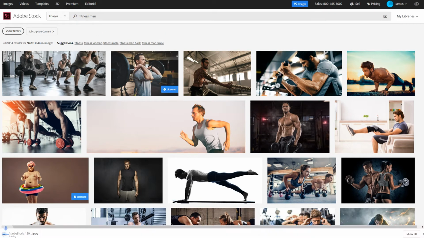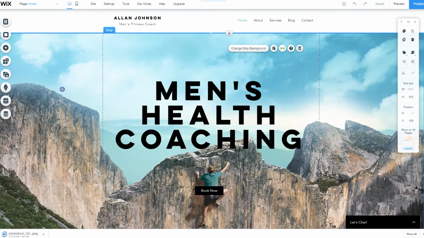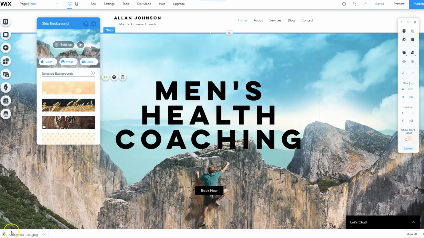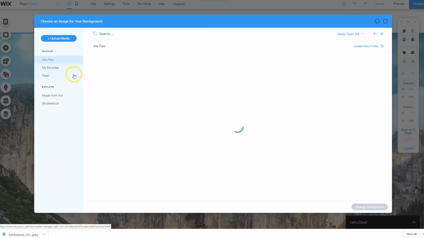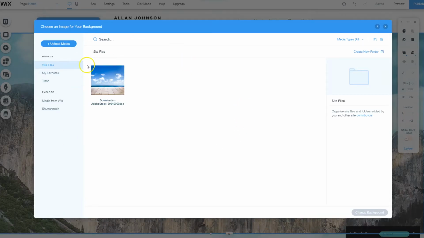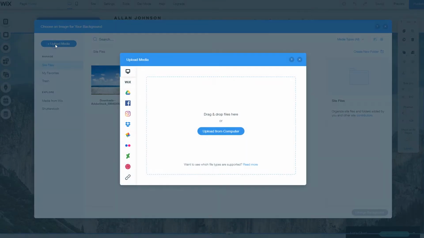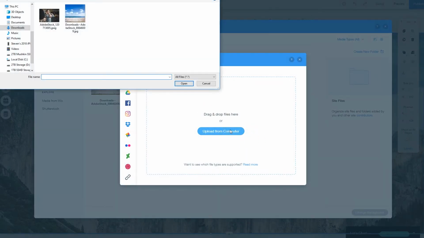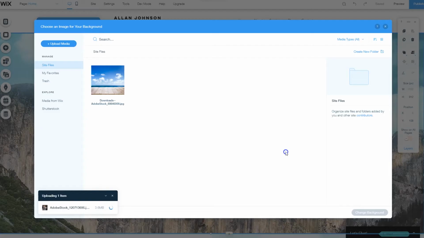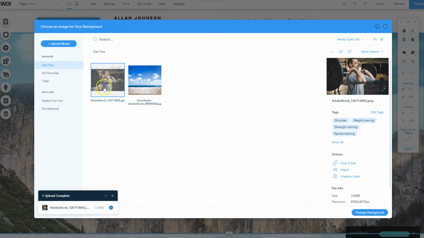And while that's downloading, we're going to come on over here back to the editor. We're going to work on changing this background image. So we're going to click on Change Strip Background. And it looks like our image just got done downloading down there. We're going to come over here to Image, and then that'll bring us to our media folder. We're going to click on Upload Media, Upload from Computer. We're going to grab that image, and we'll give it a second to upload here to Wix for us. All right, so that's in there now. We're going to hit Change Background,